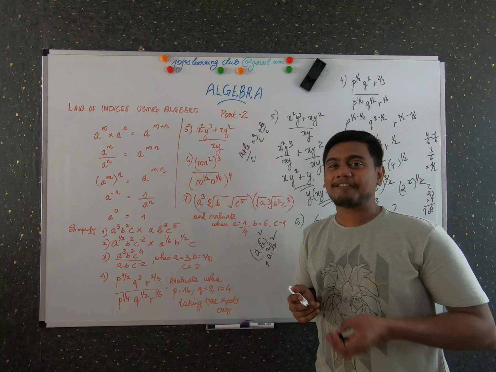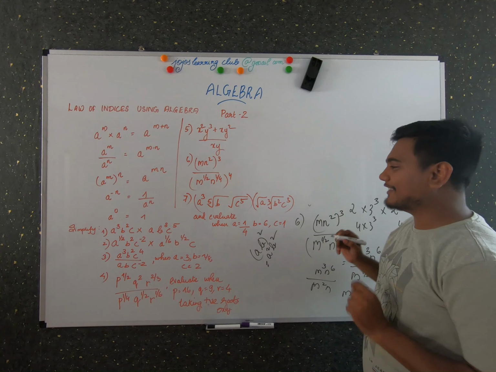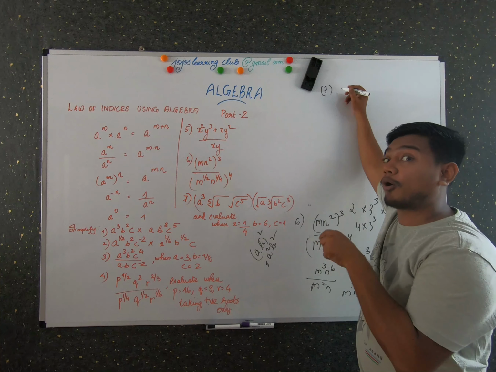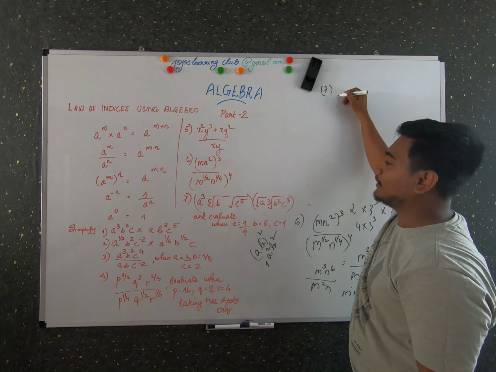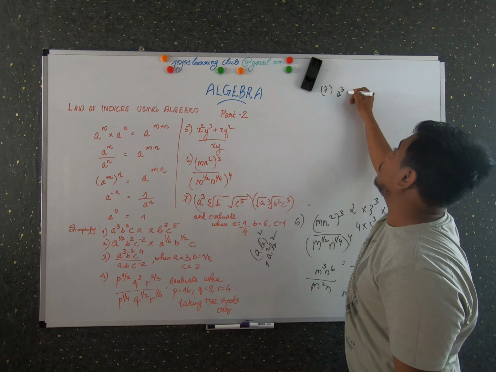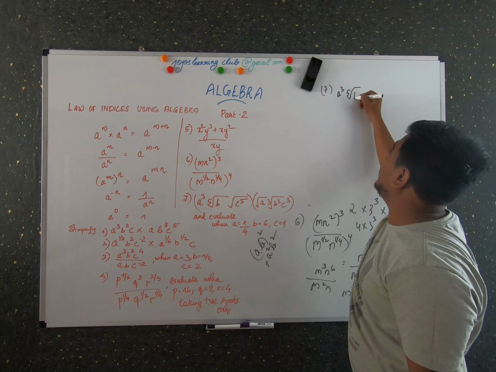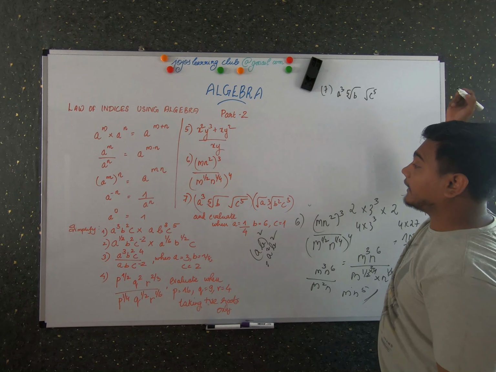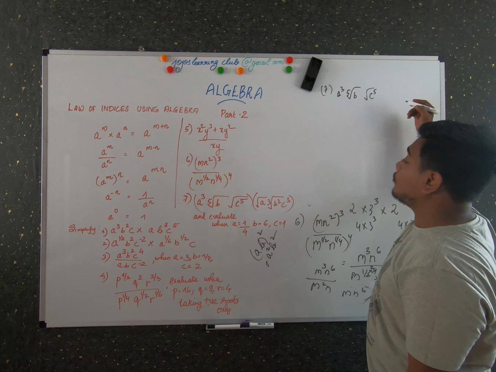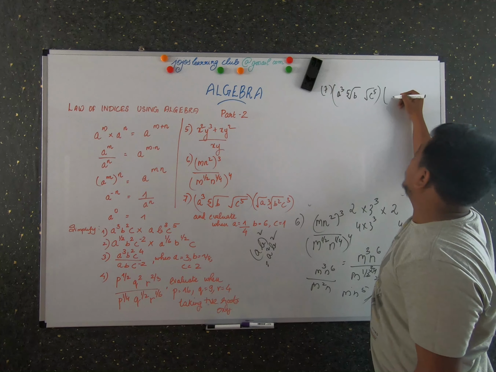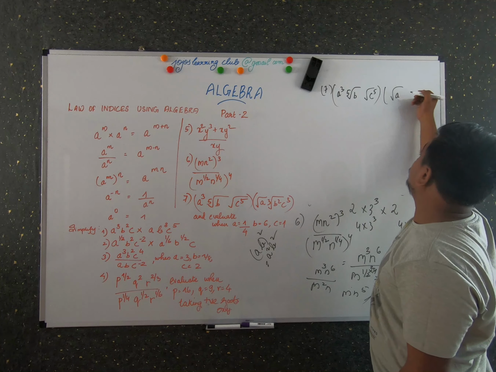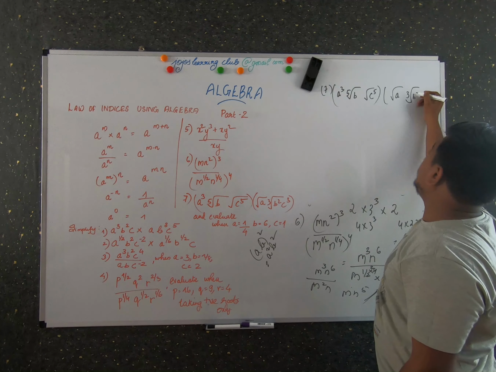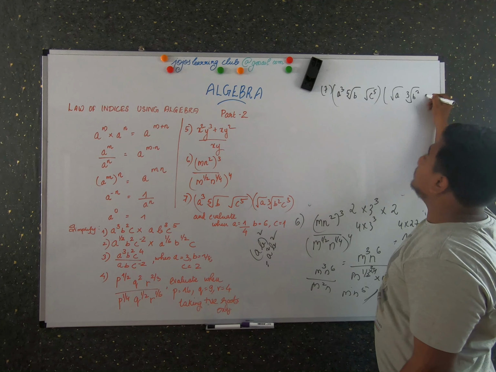And now let's start with the 7th problem. Here you can see it is with cube roots and such, so you have to do more simplification than in all these problems. So it would be interesting, right? So a cube into the 5th root of b into c raised to 5, divided by the square root of a, into the cube root of b square, and c cube.